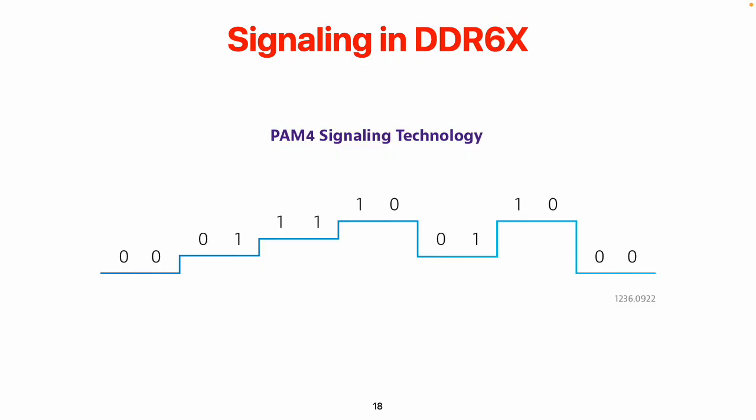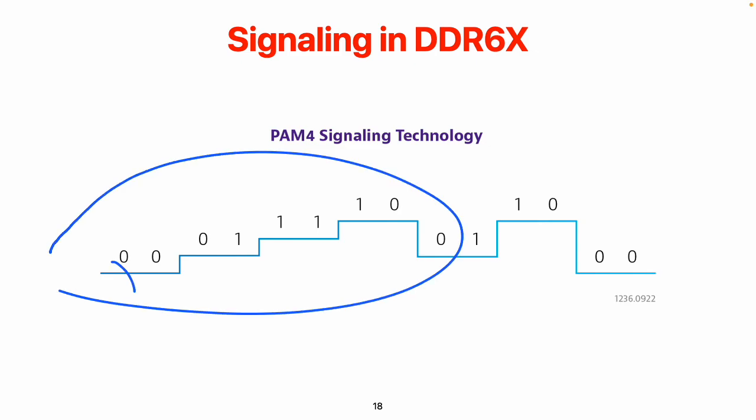If you could divide your signal into different levels, instead of just 0 and 1, and if you can do better quantization, or better sensing of your signal, then for one cycle you can actually read 2 bits of data. So instead of having my signal always going up to 0 and 1, another thing is